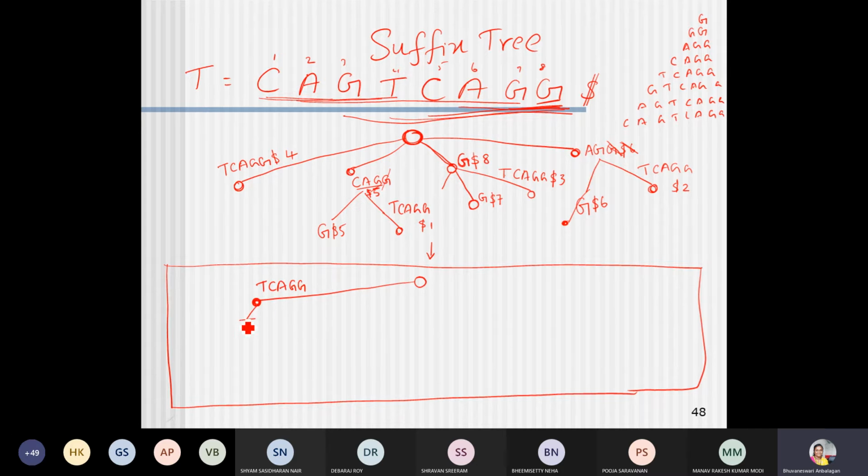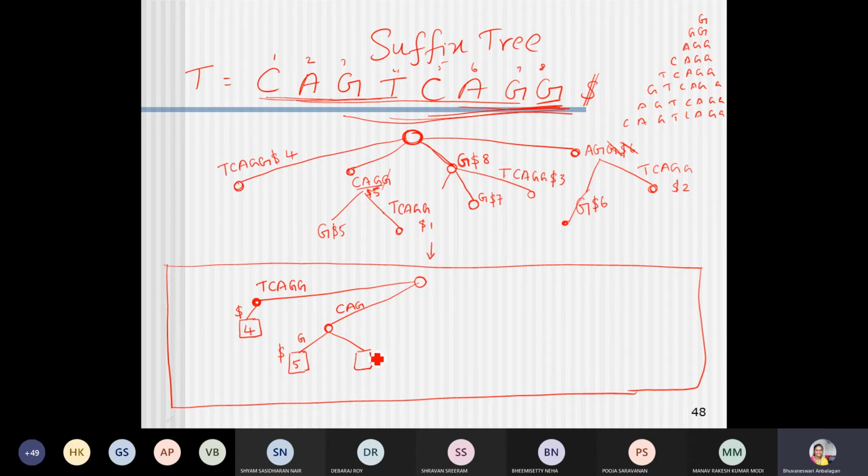This is going to be the end of the tree, so I will give the dollar symbol, and its index position is 4. I have another subtree, CAG alone. I have two different things there. CAGG, CAG is there along with G, I will put the dollar symbol. The index position I give is 5.